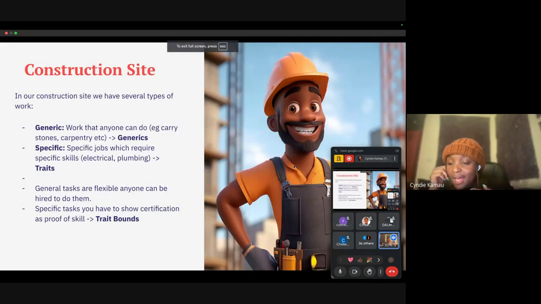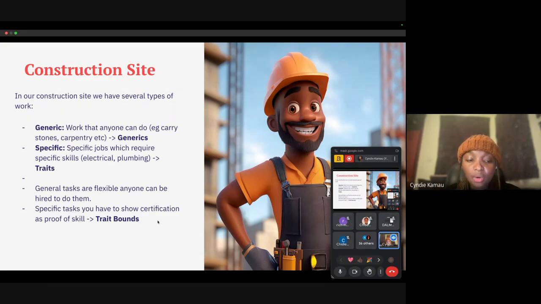When it comes to traits, in the construction site analogy, these are specific jobs which require specific skills. For example, if you want someone to do electrical wiring for the construction site, you cannot just call anyone to do the wiring for your house. You need specific skills, so someone with electrical skills will come in. Those are traits. They're requirements or specifications which are needed for generics.